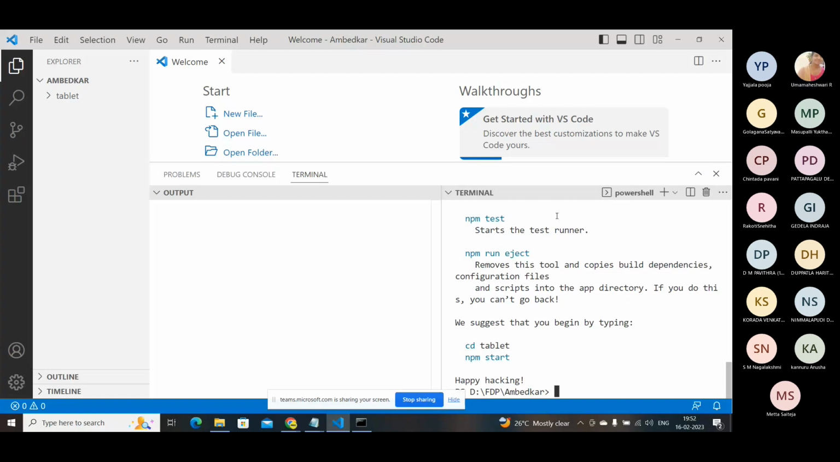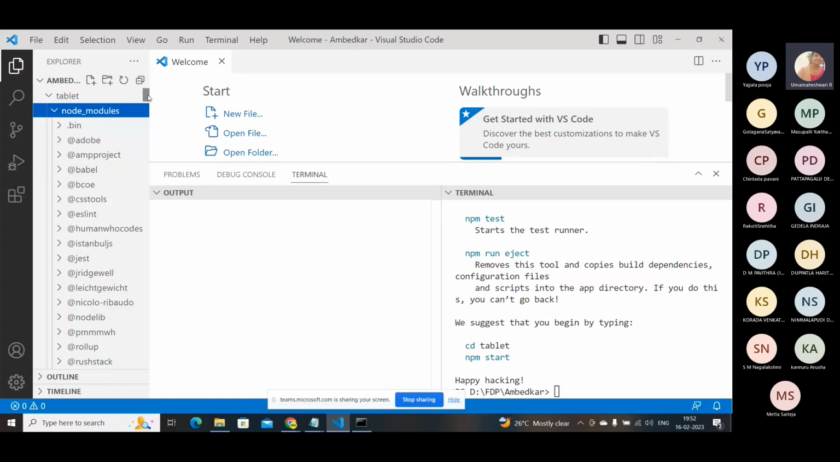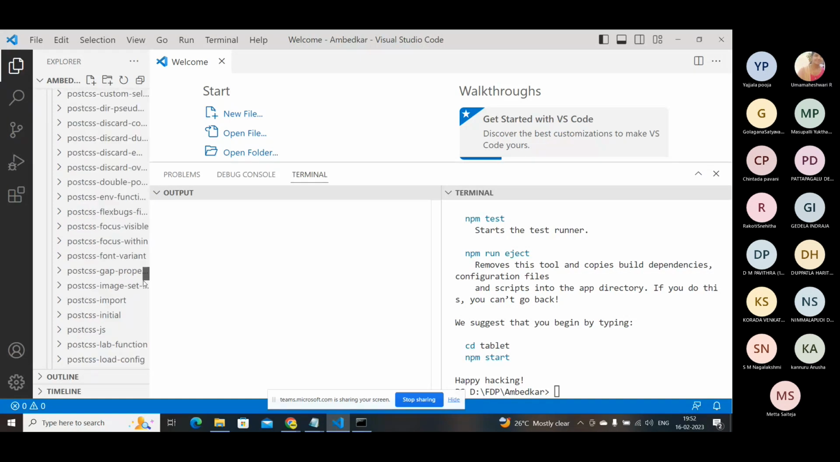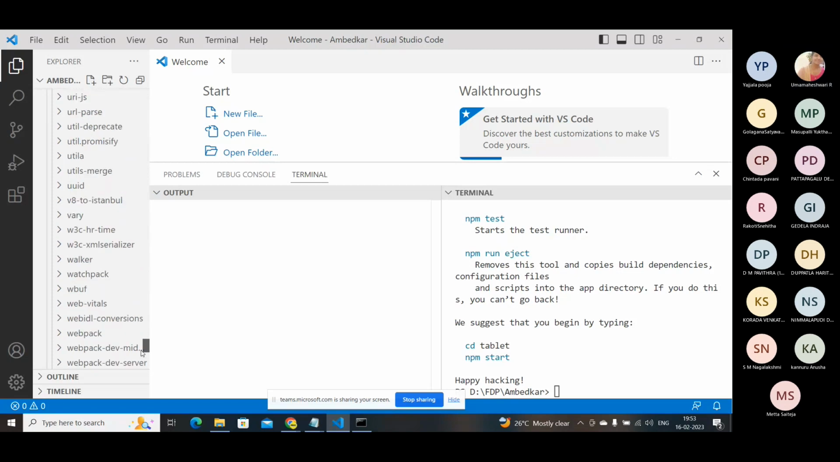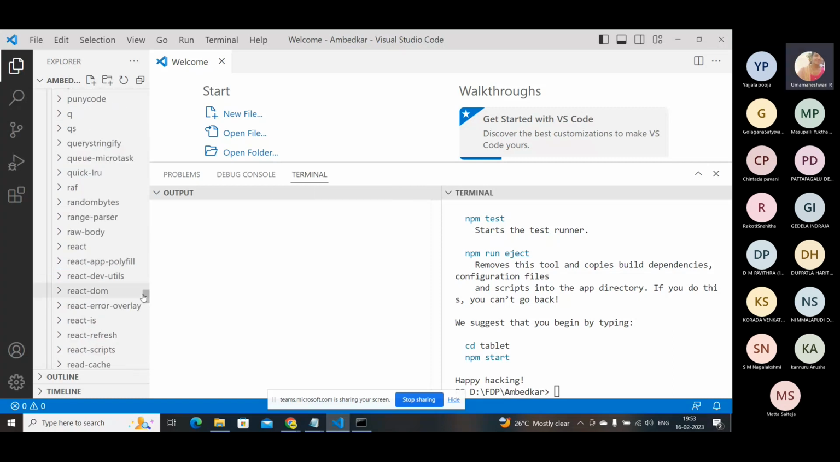Using the Create React App tool, it has been installed. If you go and check here, you can see the packages. If you scroll down, the Babel is there. Here you can see the Webpack package has been installed. And if you go up, here you can see React and React DOM. So each and everything has been installed. Now what we need to do is